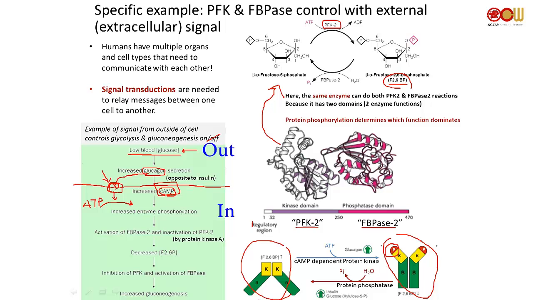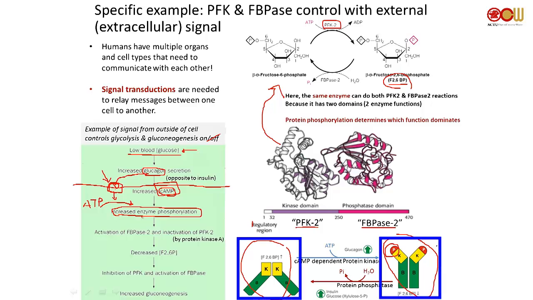Okay? This cyclic AMP is going to increase enzyme phosphorylation. So it's actually going to turn up, upregulate, turn on an enzyme that's going to do phosphorylation. What is that enzyme called? Here's a question for you. You're going to do enzyme phosphorylation, meaning I'm going to make this enzyme phosphorylated. Okay? So basically, cyclic AMP activates an enzyme. This enzyme phosphorylates this guy. What is that phosphorylating enzyme called?